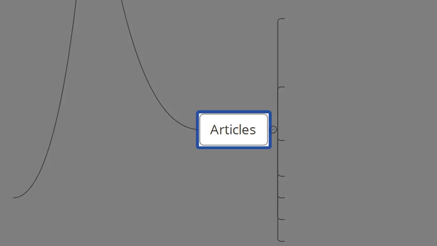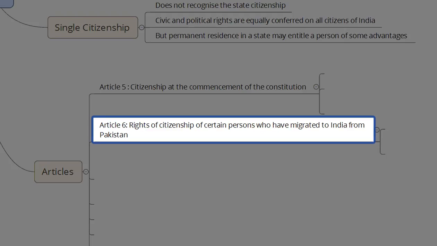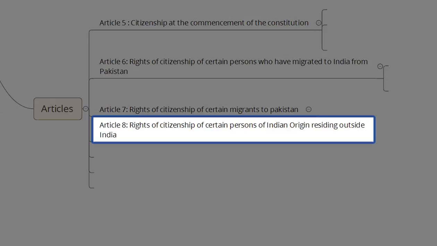Now let's see the various articles in Part 2 of our Constitution with respect to the citizenship. So it ranges from Article 5 to 11. Article 5 talks about the citizenship at the commencement of the Constitution. Article 6 talks about the citizenship of those persons who migrated to India from Pakistan. Article 7 talks about the citizenship rights of those persons who migrated to Pakistan, but later returned to India. And Article 8 talks about the rights of citizenship of certain persons of Indian origin residing outside